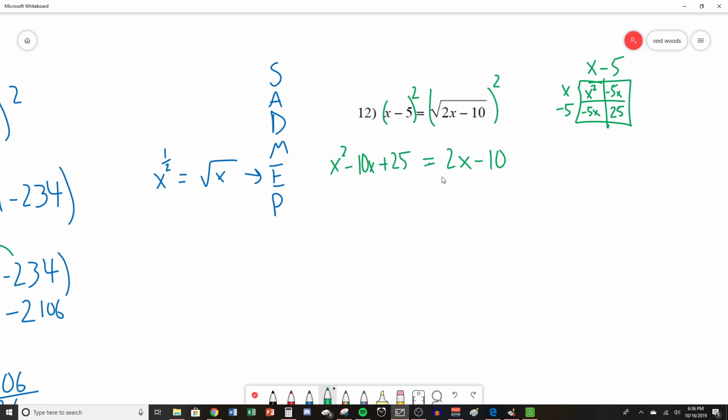Okay, so what do we do in this case? Well, you can see you have a power that is square. So I can't just do basic operations to solve this. And this is something that we're going to have to get better at, is understanding that when we see a square, that means we have a quadratic. So I need to move these values over to one side. So I'm going to do that by doing this. Minus 2x and plus 10, it just gets rid of them. So I'm going to subtract that 2x from here, add the 10 here, and I get x squared minus 12x